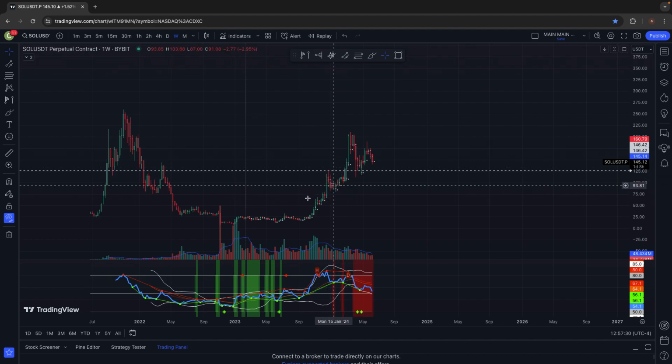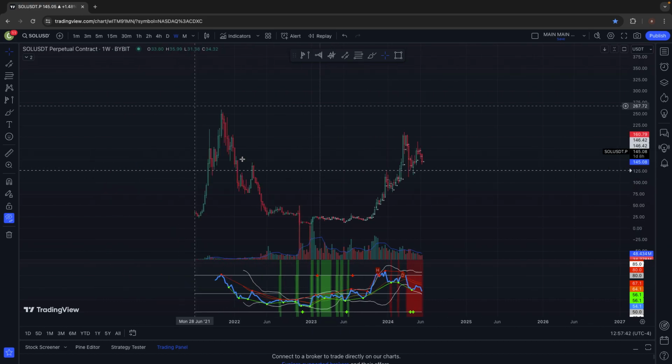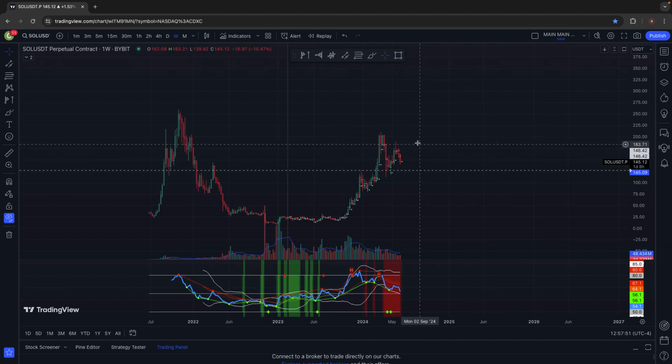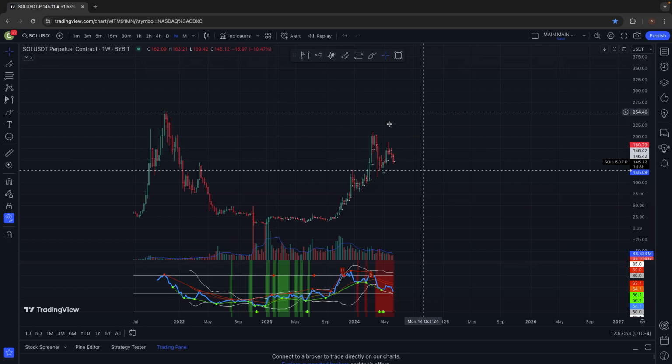All the people who shorted here thinking it's going to be a head and shoulders got their butts handed to them in that impulse to the upside, marking that this is now that inverse head and shoulders support. This is the neckline. Here's your left shoulder, head, right shoulder. The shoulder is a little Quasimodo weak,